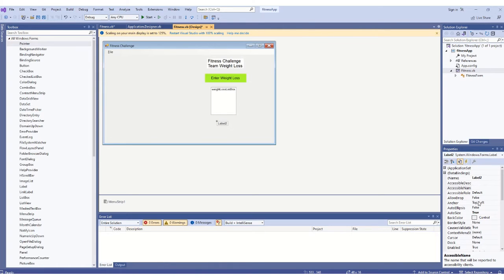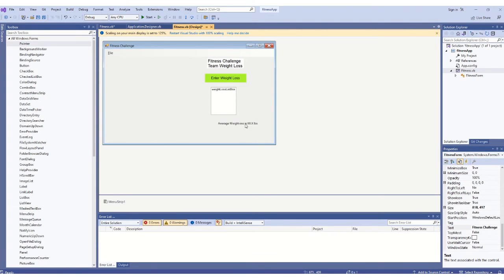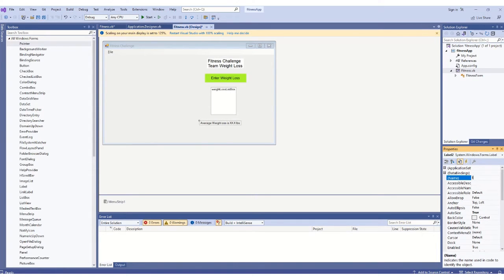Here, make it average weight loss is xx.x lbs pounds. And then let's change the font first of all, and also the back color. So make it label average weight loss,